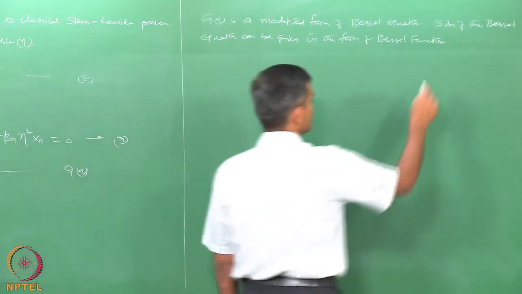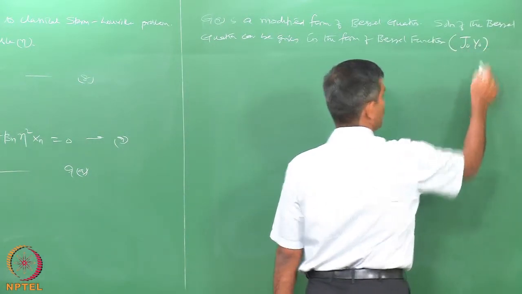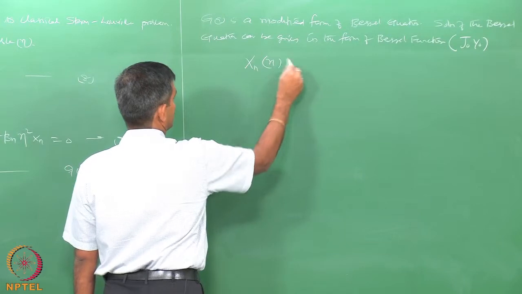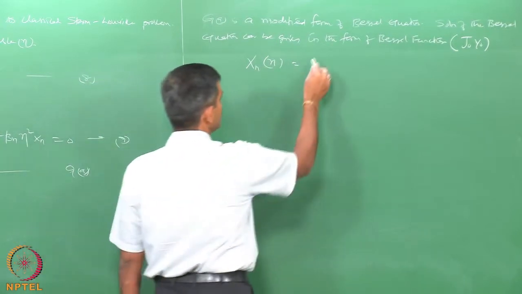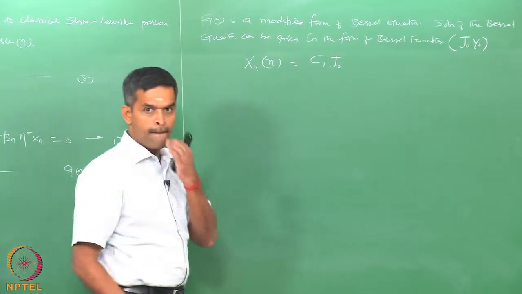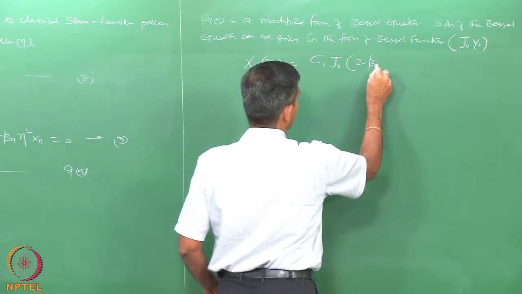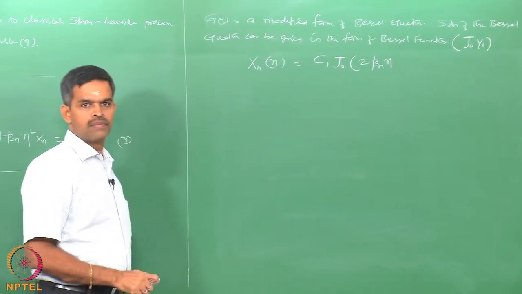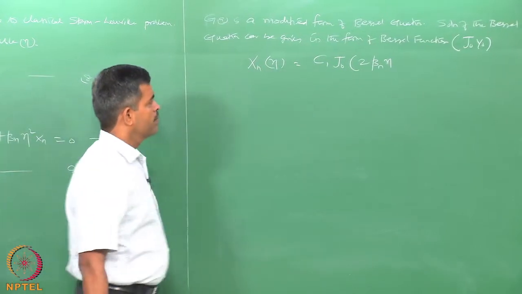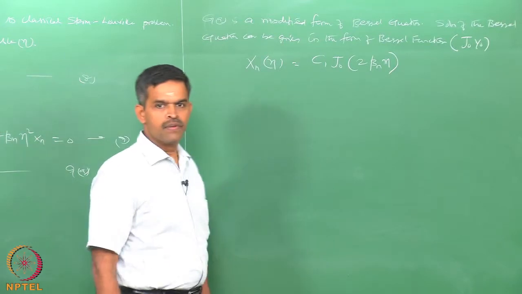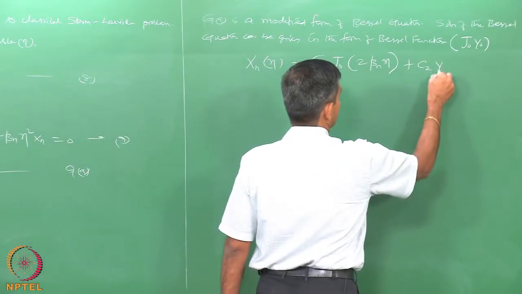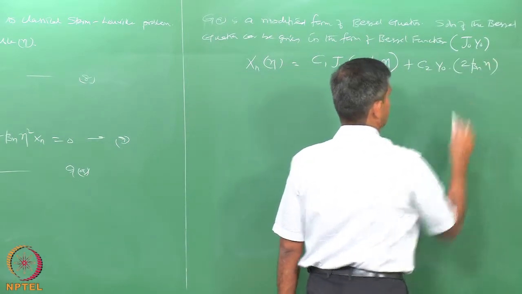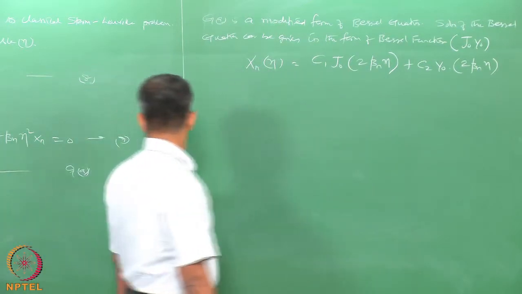Okay, which in this case is J0 Y0. So, X_n is C1 J0(2 beta_n) ... is going to be eta plus C2 Y0(2 eta). So, equation number 10,